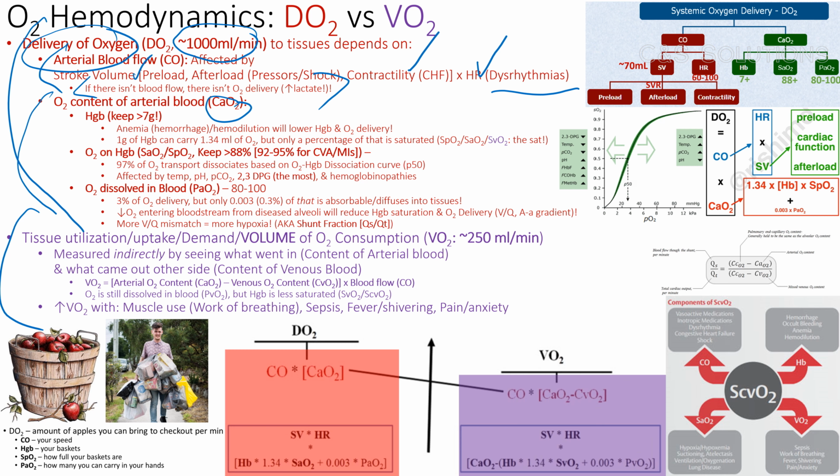And the lactate builds up, and they can then cash it in later. Okay, and then we have the O2 content, like we mentioned before. Right, you want to keep your little train cars with at least 7 grams, right? At least 7 train cars. So you want your hemoglobin to be full, or at least more than 7